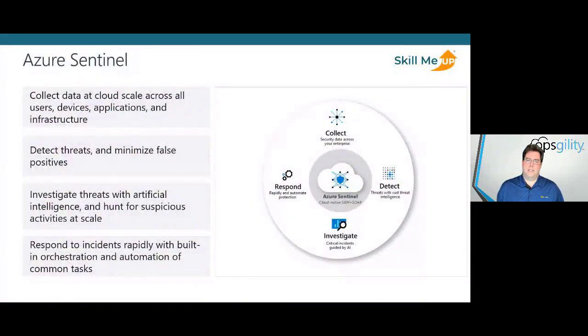Azure Sentinel. So Azure Sentinel is a SIEM and a SOAR, which is a security information event management system and a security orchestration automated response system put together. It is Microsoft's cloud-based SIEM solution, and it's utilized to collect, detect, investigate, and respond to potential threats within your